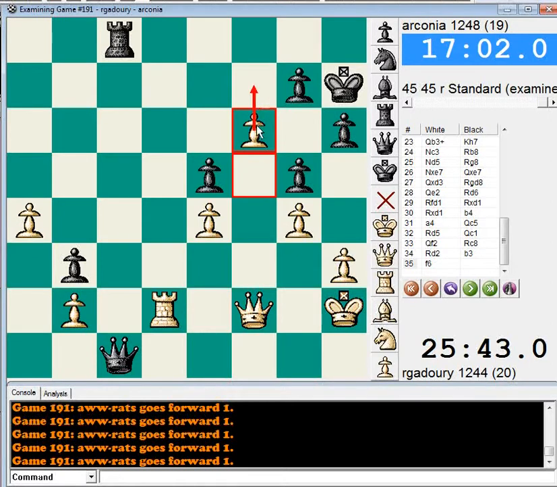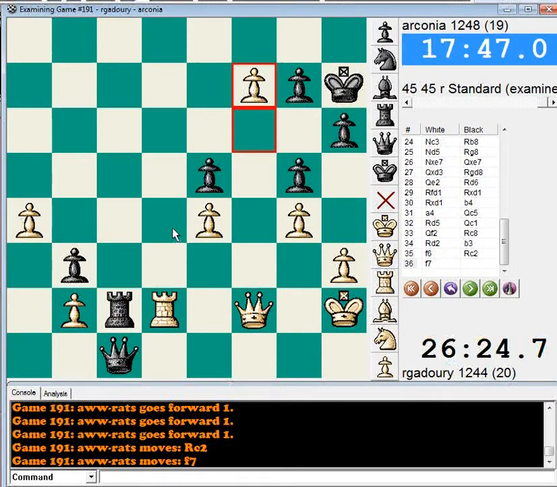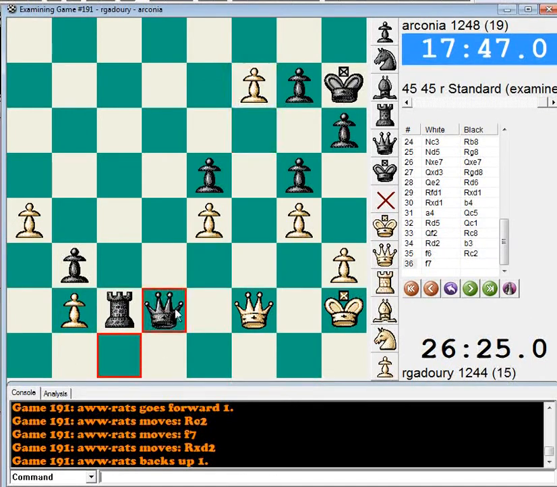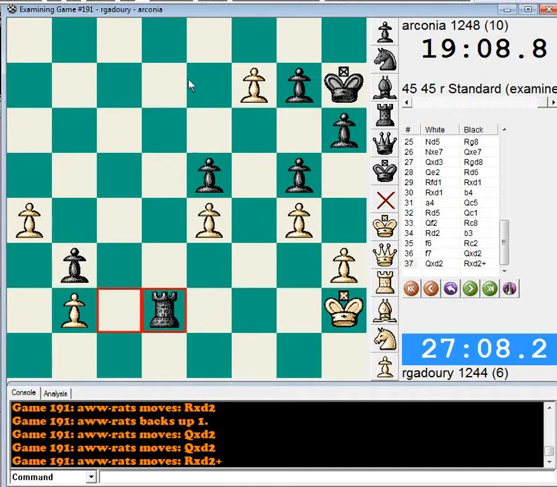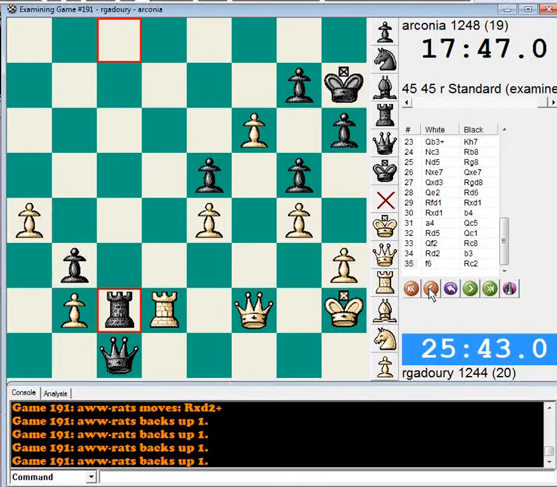Probably sees this pawn pushing on and doesn't like it, but black's okay here. Just rook c2. White doesn't have time to push f7 because you're going to take this off. And you can even take it with the queen. That might be better because now on takes and takes with check, and then the rook will come back and stop this pawn. So the game would still be even